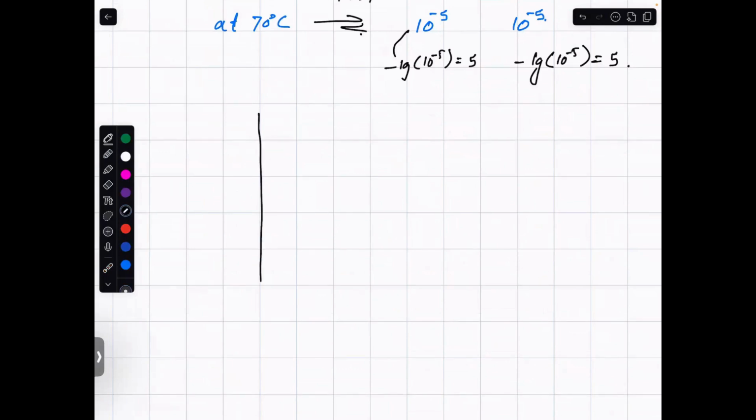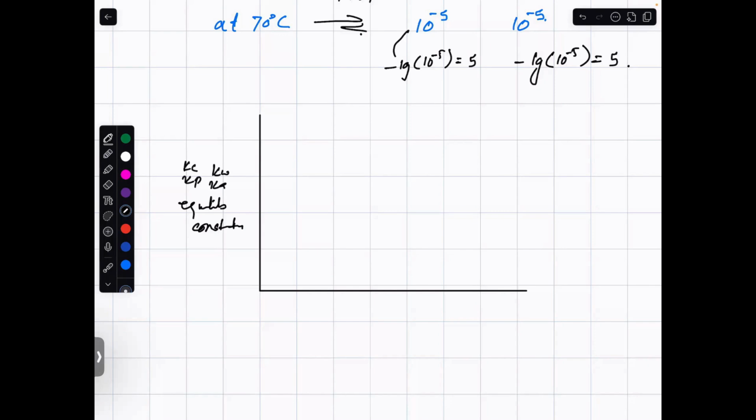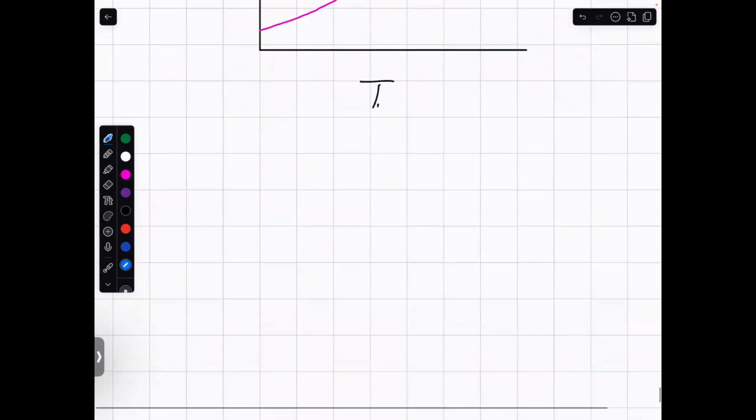Secondly, we know that all equilibrium constants, all equilibrium means Kc, Kp, Kw, Ka, Ksp, their relation with temperature. For endothermic, they increase. For exothermic, they decrease. So, your Kw,